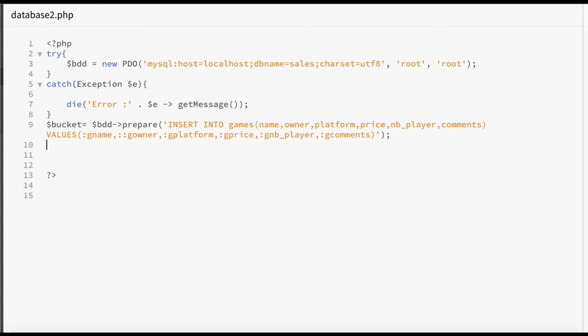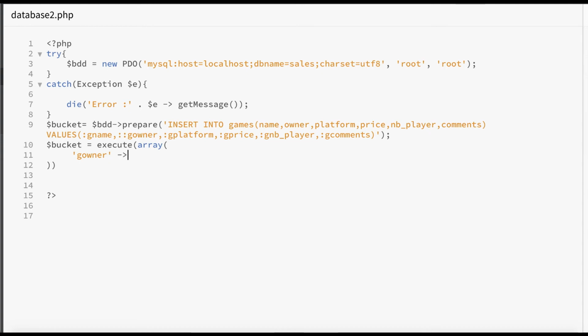So to the bucket I will execute, will be bucket equals to execute. Now taking the array of information from the form, so I'll take array, now here it is not needed to insert the information by order, so I can first start by G owner.